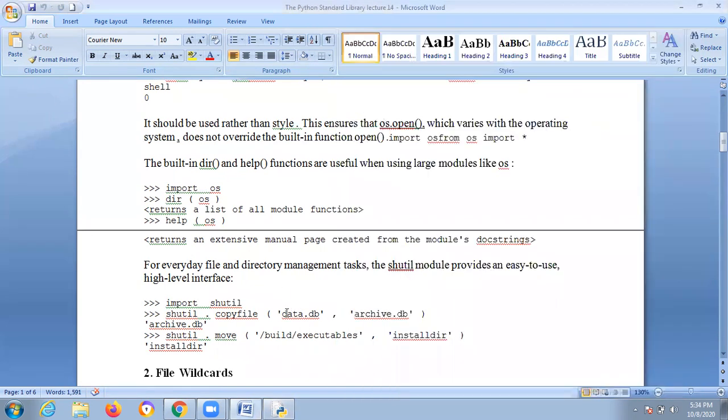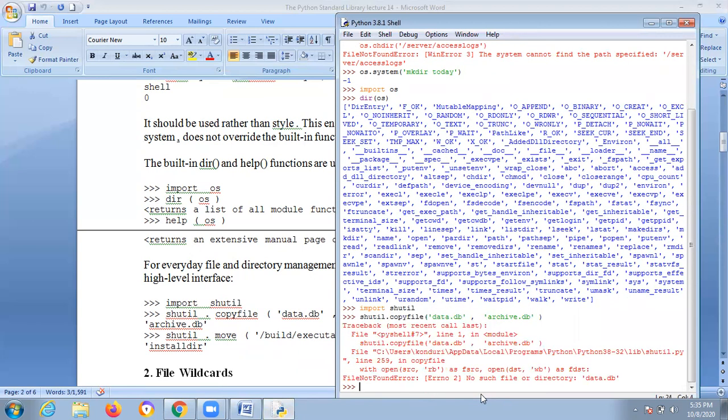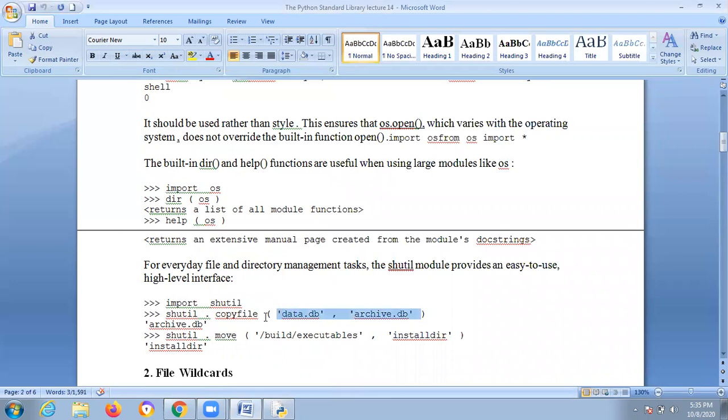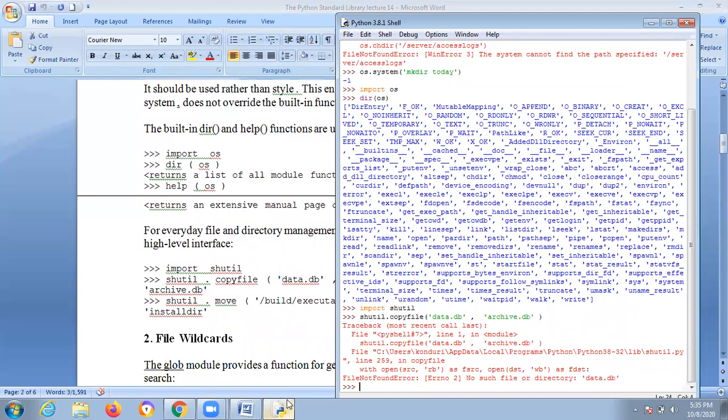Let us consider this entire thing now and work on this. You don't have the directory now, but anyway, no problem. Actually it should be present here, but you need to understand shutil only.